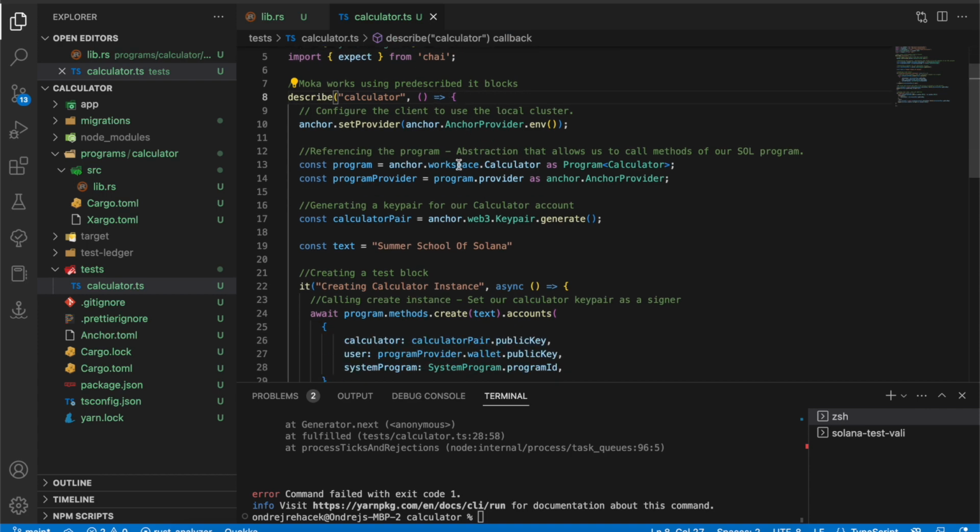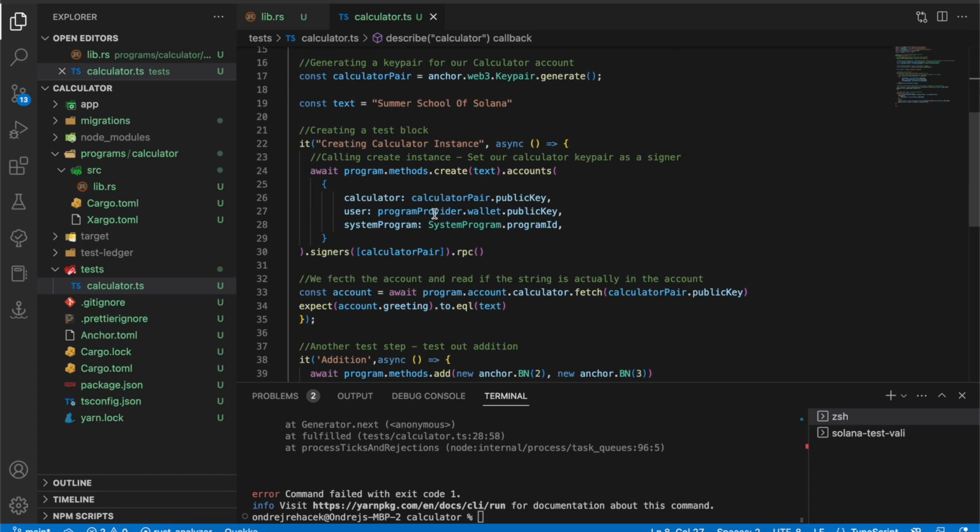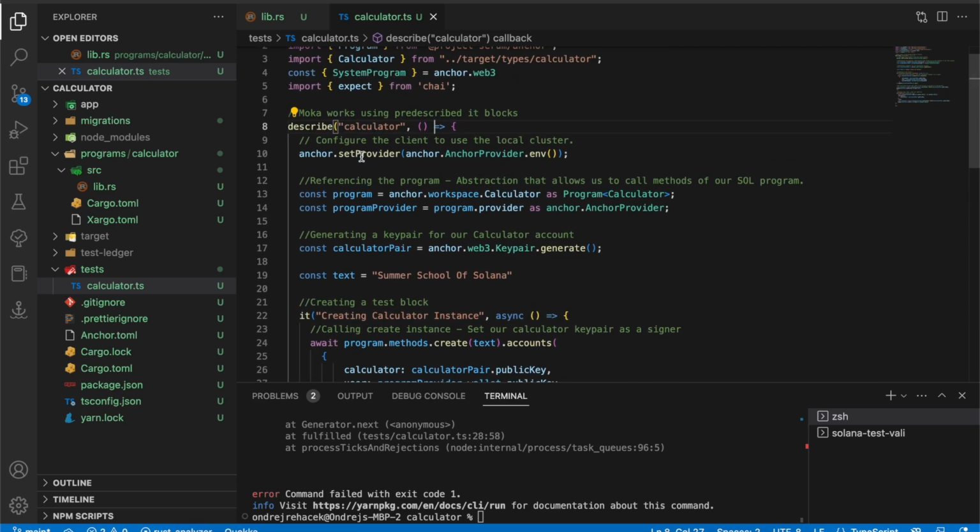Before we start defining any of the test it blocks, we have to set the provider for our test. In this case, we're setting up the provider to a local cluster that we're running on our computer. After that, we need to reference the program itself. This creates some form of abstraction that allows us to call methods in our Solana program. So I'm doing that by creating a constant program and then referencing our workspace name, which is calculator in this